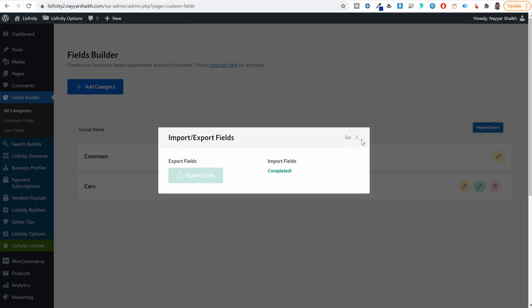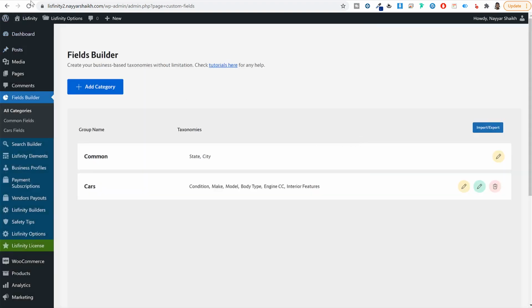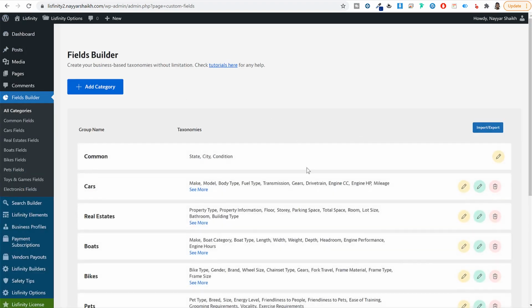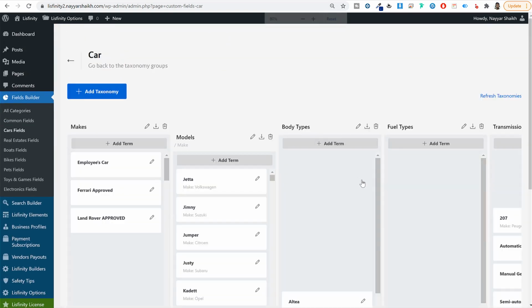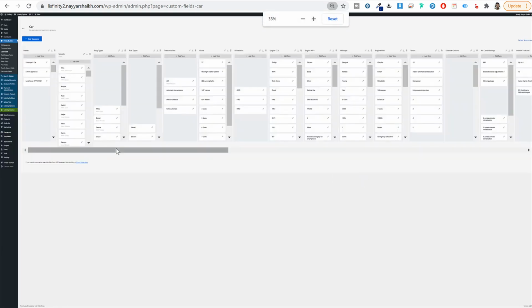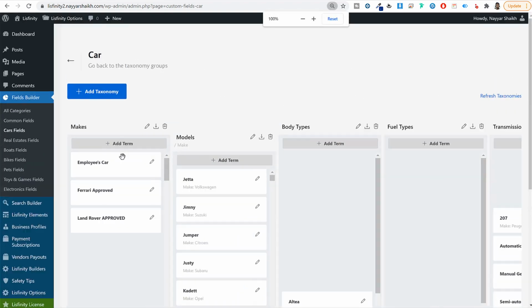Now as you can see, it says completed. You can cut this, refresh this page. And now as you can see, it has created cars, real estate, everything for you. You can see it has created all these fields for you. These all fields are created because of that import file. If you click on search builder,